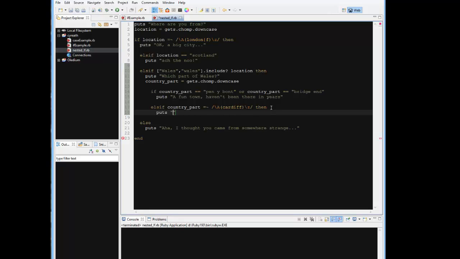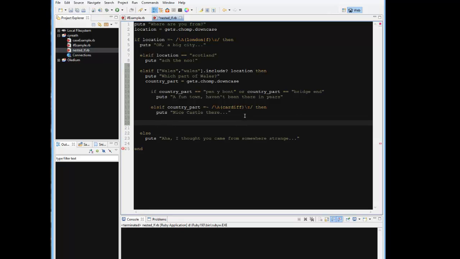we'll put a little message back to the screen. Cardiff has a nice castle, Cardiff Castle, of course. So we'll say nice castle there. And what we need to do in our if statement is always have our terminating else, just in case it's something else. So else puts never been there,